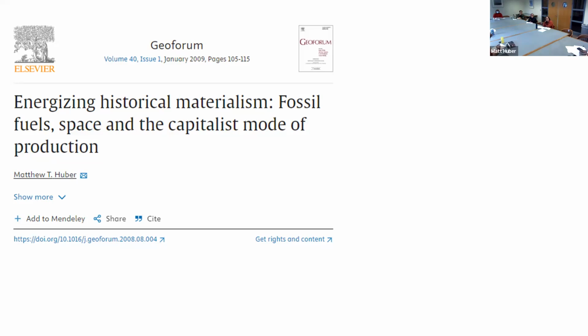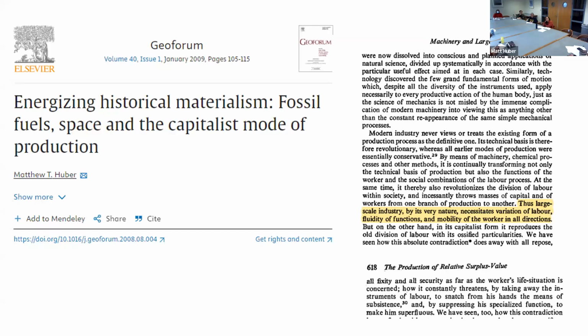So I use this quote deep into this chapter, where he says, thus large-scale industry by its very nature necessitates variation of labor, fluidity of functions, mobility of the worker in all directions. And it's that